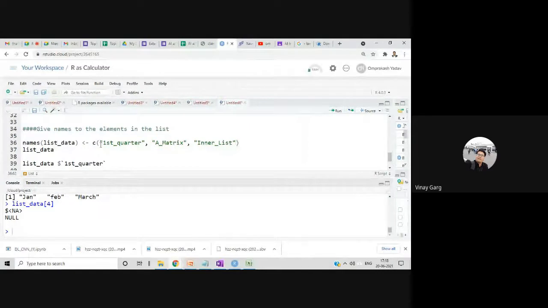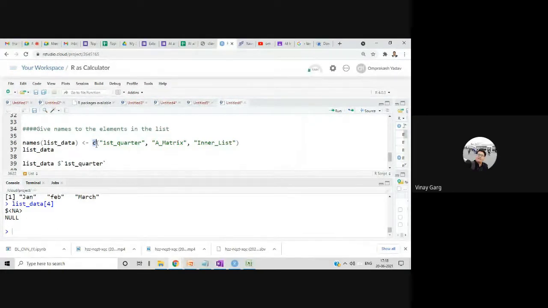You need to mention them in quotes first of all, because these are all names, strings. And because we want to give names for all three elements, we have to mention them in the c function. After the bracket, in the quotes you can specify them, comma separated.